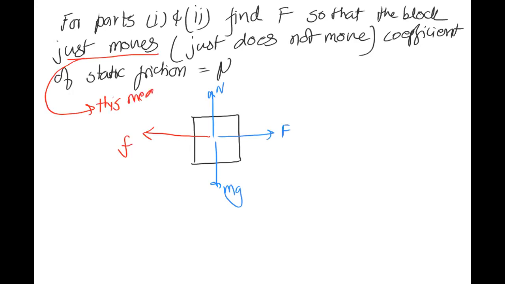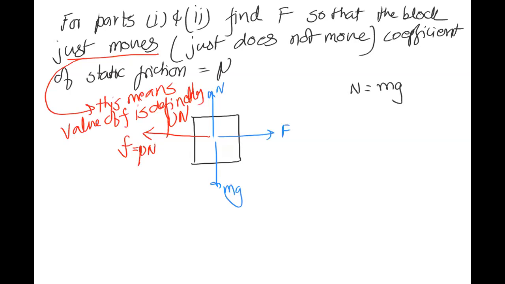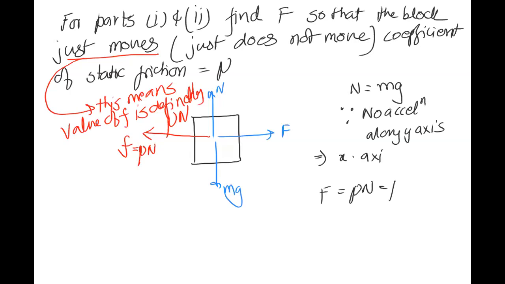This means that value of F is definitely mu N. N is equal to mg, since no acceleration along y-axis. So along x-axis, F is equal to mu N is equal to